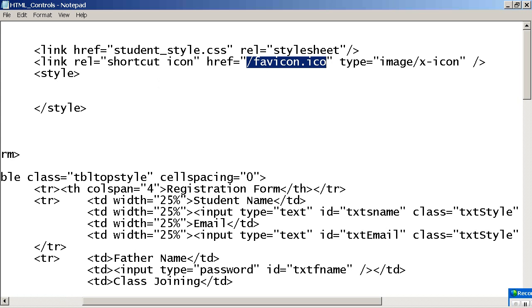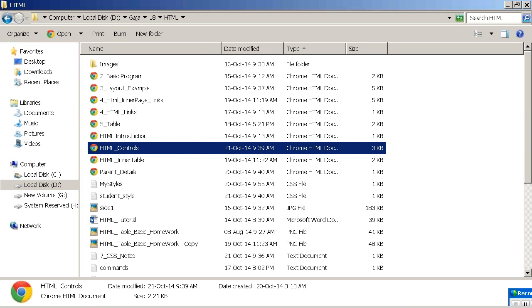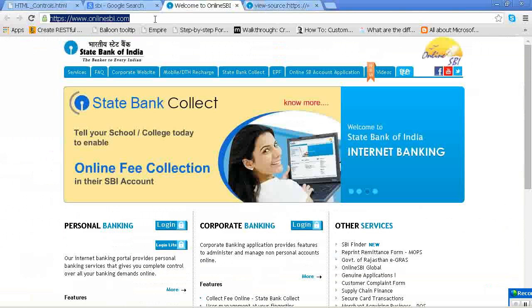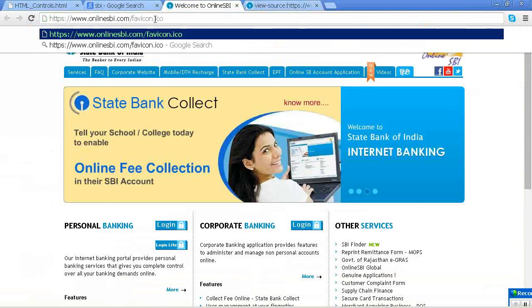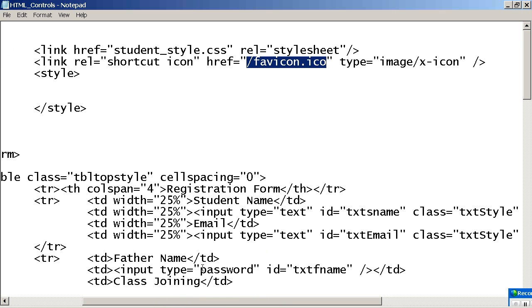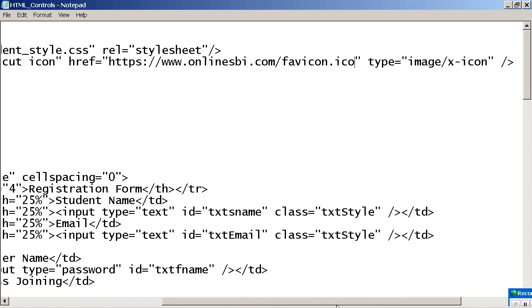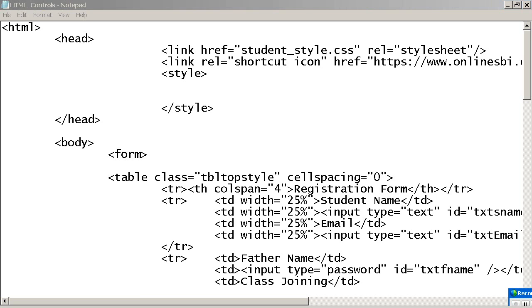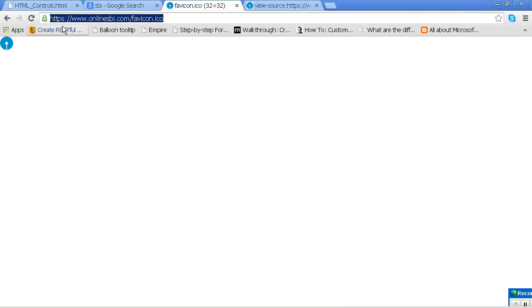For example, I am going to download the image. Even directly you can give it if you want. Are you understanding? Okay, now I will go and use this. Type equal to icon. Now see how our web page will look.